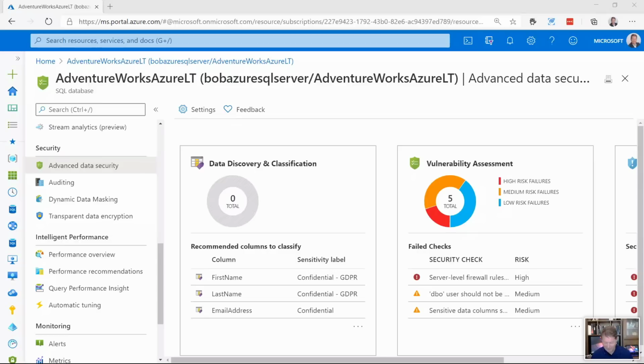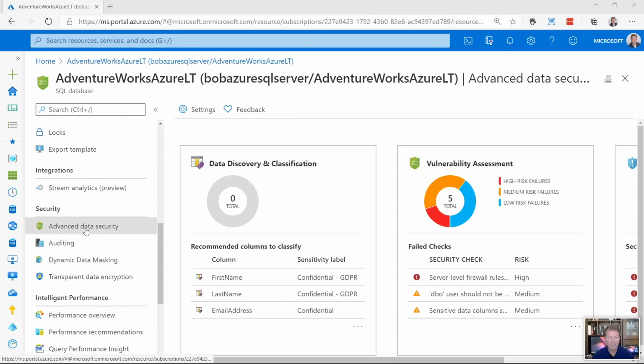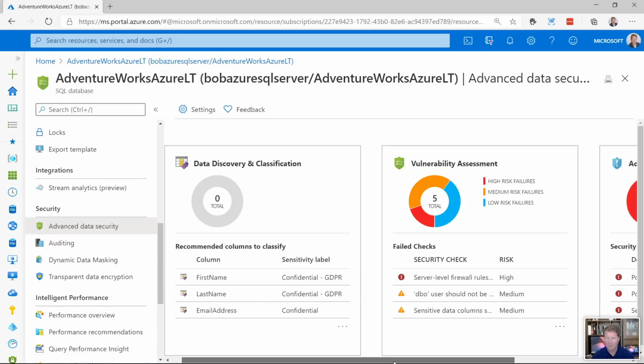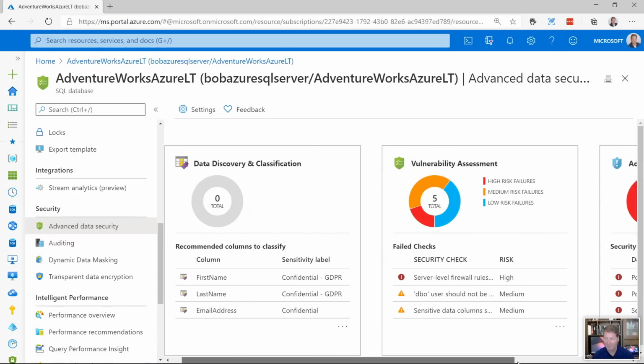If you think about what I just talked about, besides all the great advantages of the cloud that we talked about, and we're going to talk about more, we want you to feel there are things in security that you can get because you've deployed on our infrastructure. You're looking here at the Azure portal for a database I've deployed, and under advanced data security I'm showing you these three concepts: data discovery and classification, vulnerability assessment, and advanced threat protection.